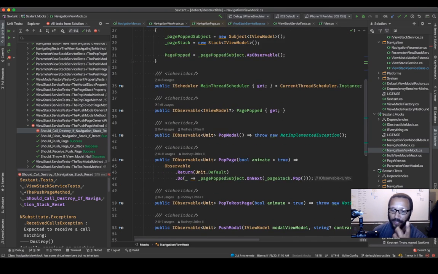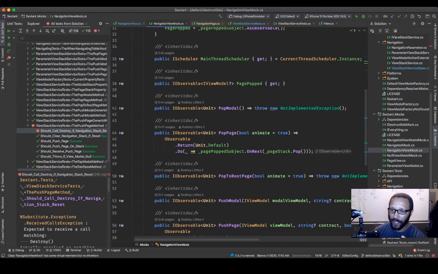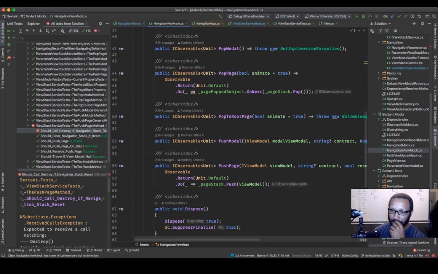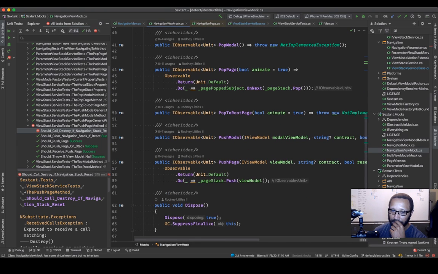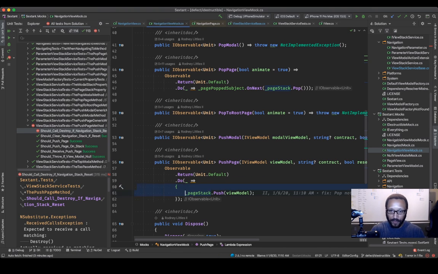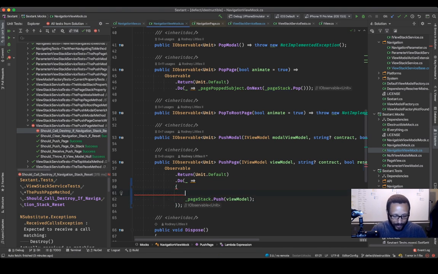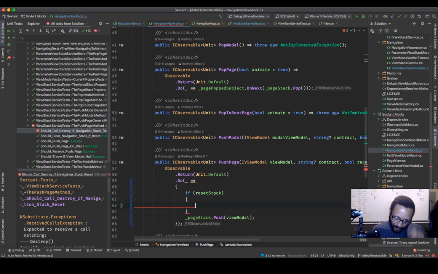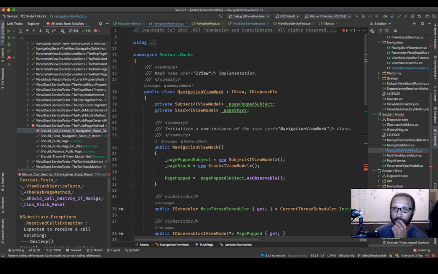Okay. So when we call pop to root page, all right, so push stack do page push stack, okay. So we would want to do this here, right? So we would have to do like an if statement and say, now we're getting into writing a whole bunch of code for the sake of the fact that we have to write some code. We're going to go ahead and put this